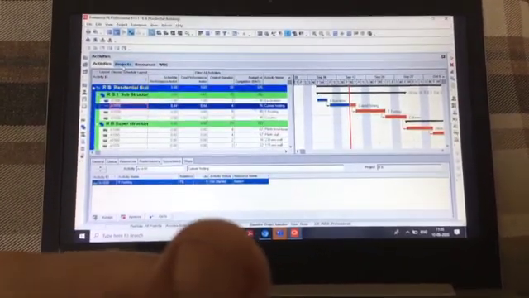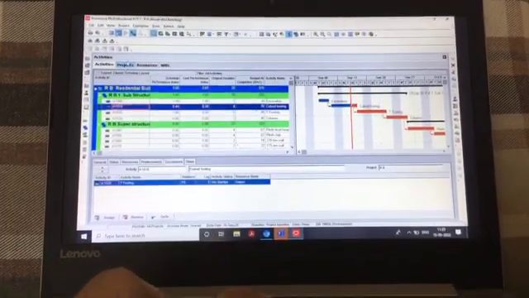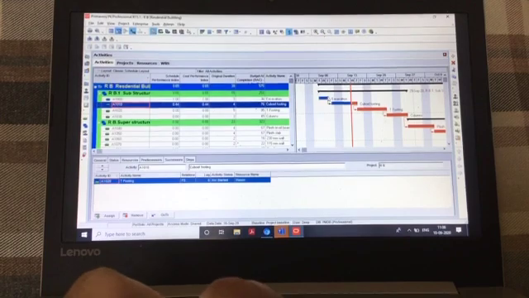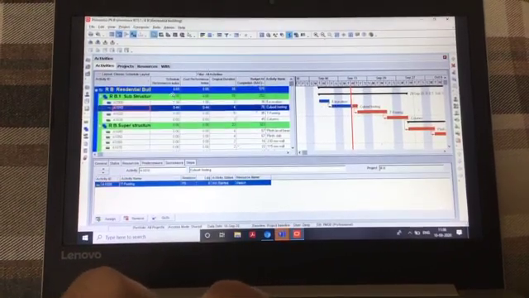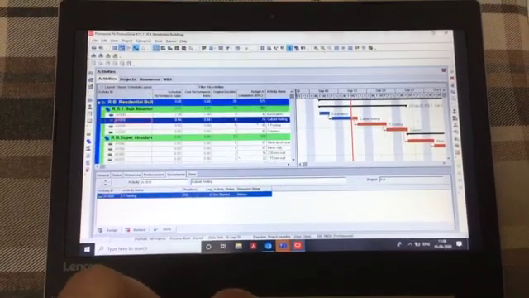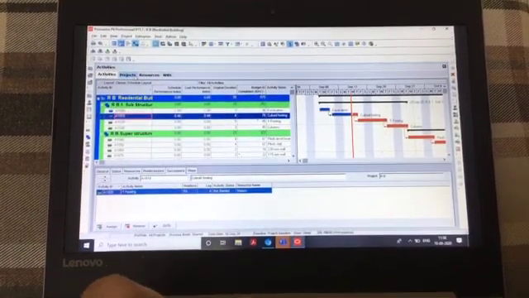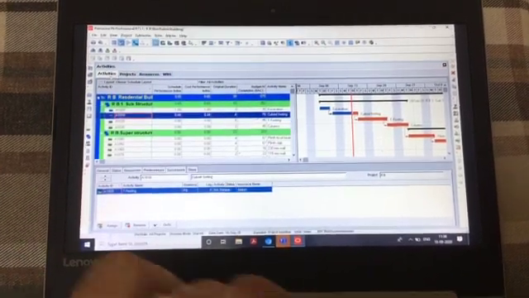EVM, that is earned value management, which we have executed in this project here. We'll see about that later on, that we are behind schedule. Okay, basics first. So these are all the tabs: activities, projects, resources, WBS, work breakdown structure.